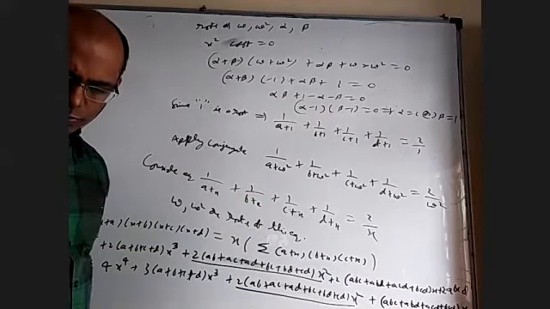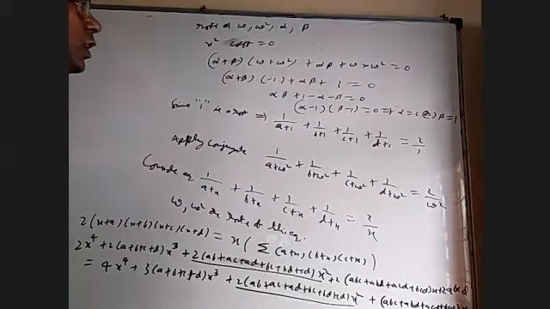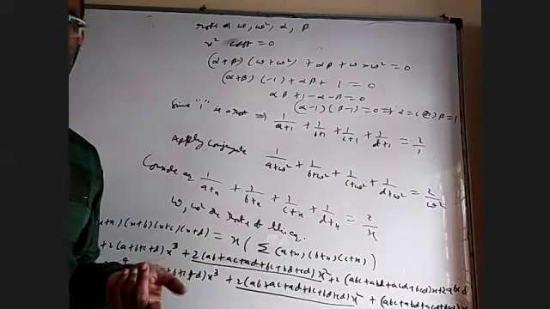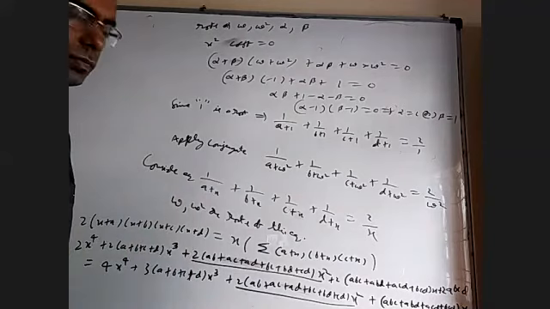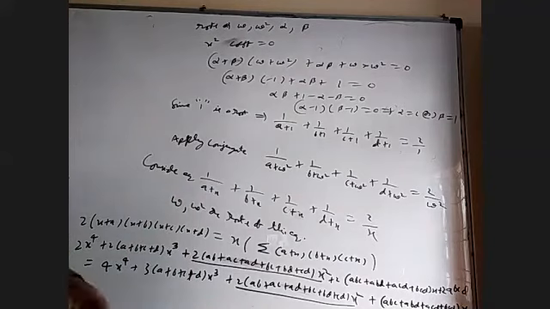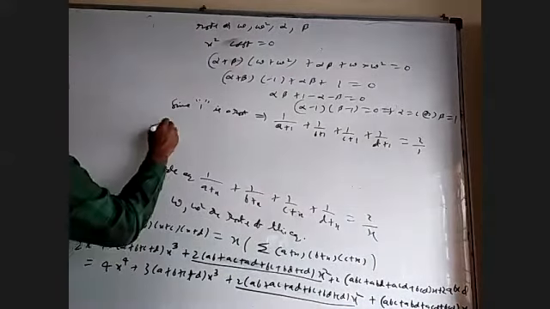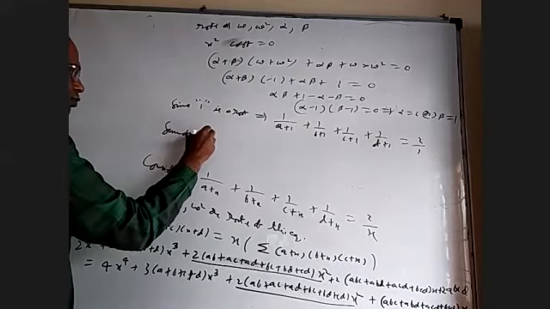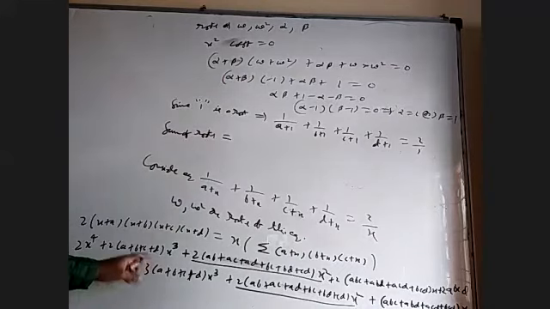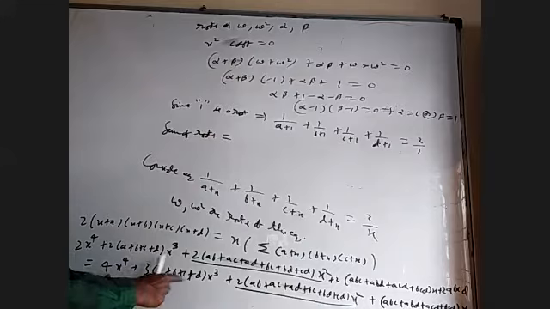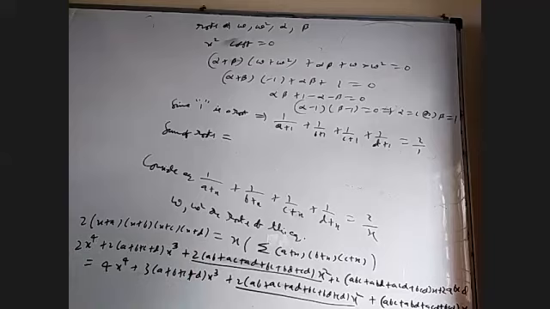Okay, among option A or option C, one of them I should be able to prove, because already I got three roots: 1, omega, omega square. So I can find the fourth root and then use the product of the roots. That is better. Okay. So after this is over, now the sum of the roots. There are two ways. Here, what will the x cube coefficient ultimately be? From this, you have to bring LHS to RHS. This will become 2x power 4, and this will become a plus b plus c plus d, to minus of (a plus b plus c plus d) by 2. Isn't it right?